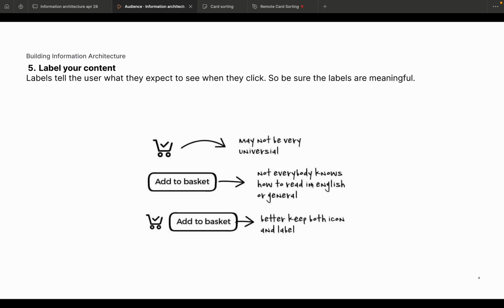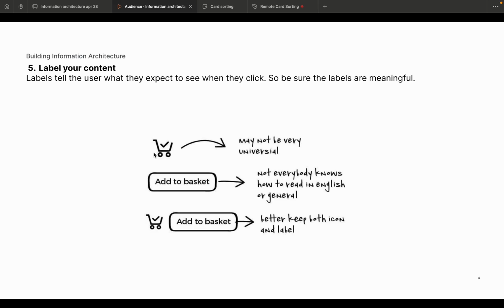Label content. The name should match the user's expectation. It should be simple and should not contain any jargon. It should be easy for the user to understand, and it should also give some meaning. So this, what will the user understand? It may not be easily understandable by the user. We need to use an icon which is easy for the user to understand, the same as what they are seeing